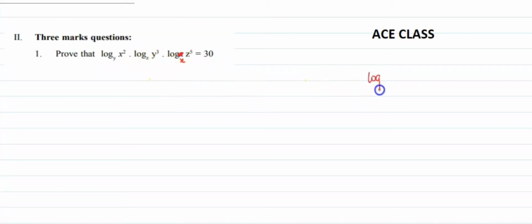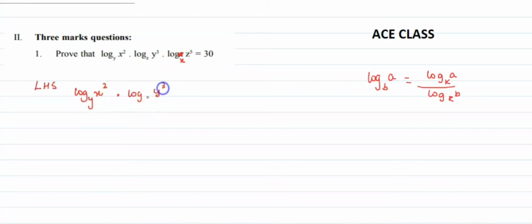So I will use this logarithm formula, that is log a to the base b can be written as log a to the base some constant k divided by log b to the base some constant k. So now I'm using that identity. Because my bases are not the same in all three logarithms, multiplication of logarithms, I'm using that identity to make my base the same. So log x squared to the base y multiplied by log of y cubed to the base z multiplied by log of z to the power of 5 to the base x. Since my bases are not the same, let me make the base the same by introducing some constant k.